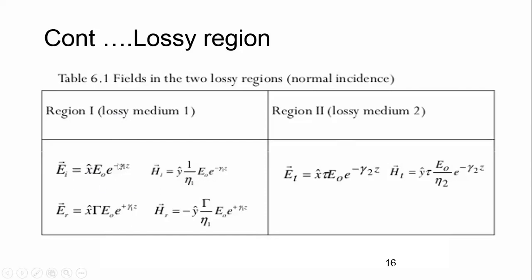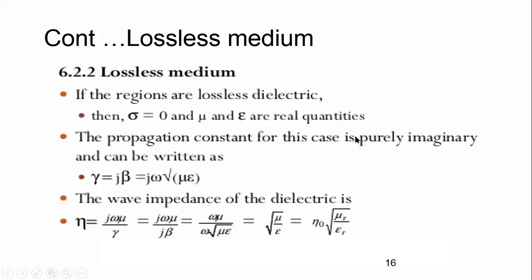So already we have these expressions simply in tabular form. We have written how we got the incident electric and magnetic fields, similarly the reflected electric field and reflected magnetic field for the lossy medium 1, and for lossy medium 2, how we got the transmitted one. In this way, you can place them in tabular form and compare. The other medium you can consider as the lossless medium.